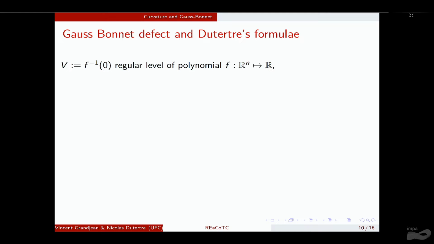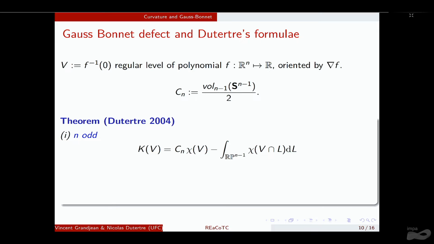So I'm going to present one of Dutertre's formulas. So let's pick a regular level of the polynomial. Okay, and so we may have many connected components, but I will orient. The orientation will be given by the gradient of the function. So Nicolas has a formula to describe a Gauss-Bonnet defect in the case of non-compact level. So you can have, like before, that the total Gauss curvature, which in this case is well defined, it's a finite number, it's an exercise, is, so here you see,